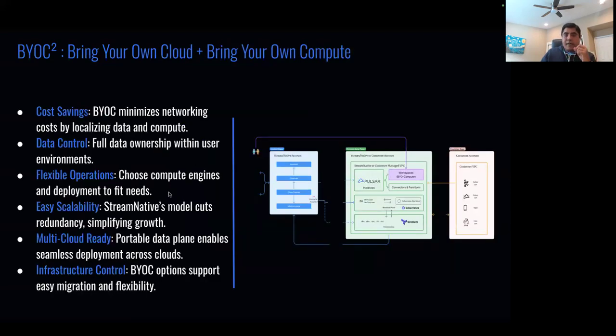Now, to come back to the value this brings for our customers, one of the most valuable things they can get out of this is reduced network cost, because you're bringing the network closer, essentially the data closer to the processing engine, along with various other options for how you can flexibly deploy things, right? So that's a little bit on the first challenge, related to complex setup and networking costs.